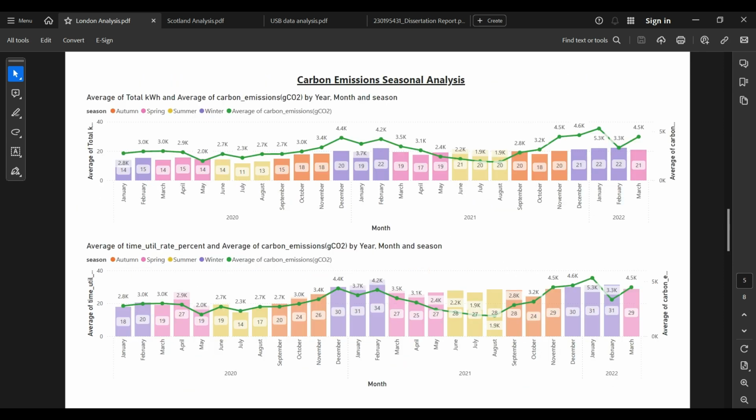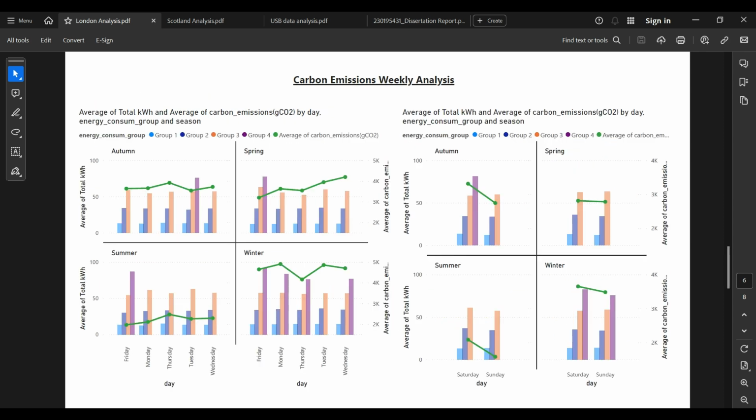Okay, so if you look at the carbon emissions analysis for each season, we can see that the values of energy consumption are more in the winter months compared to that of summers, and also the carbon emissions kind of follow the same trend with it. And if we look at the time based utilization rate, this also follows the same trend where the values in winter months are more compared to that of the summer season. So if you look at the weekly analysis,